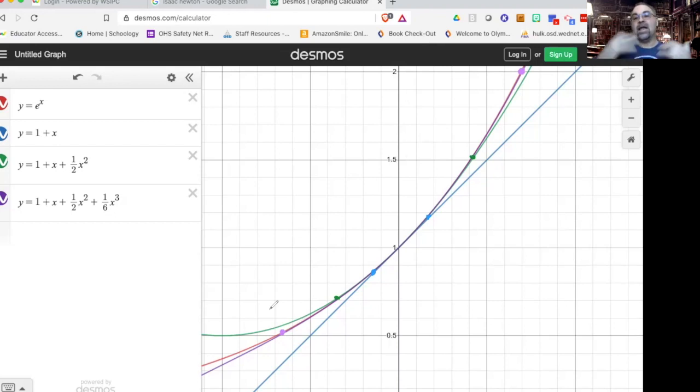But you can see that when I add a degree to the polynomial, I get a much larger interval where the red curve and the polynomial graph match up. That was the idea that Taylor and Colin Maclaurin were working with. So they developed these things, and we call them literally Taylor polynomials or Maclaurin